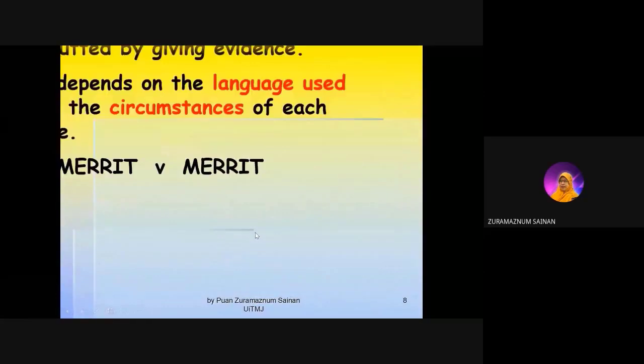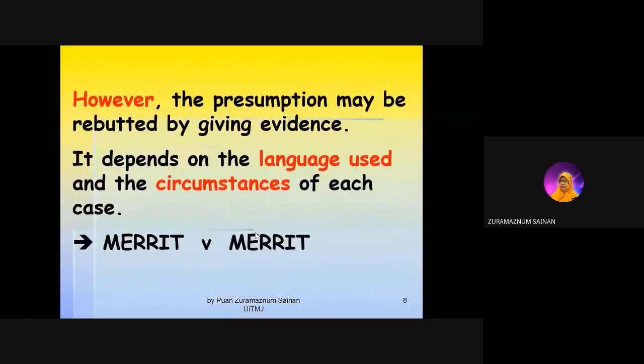Kecuali lah it can be rebutted. Maknanya you want to make it serious, you want to make the agreement becomes valid and binding. It depends on the language being used ataupun the circumstances of each case. Maknanya kat sini it depends on the evidence. Contohnya lah tadi janji the husband, dia promise to bring his wife to Dubai for vacation for their anniversary. Tapi to make it serious, to make it binding, the wife ni dia dah belajar law. Okay, so dia kata no, your agreement must be put into writing.